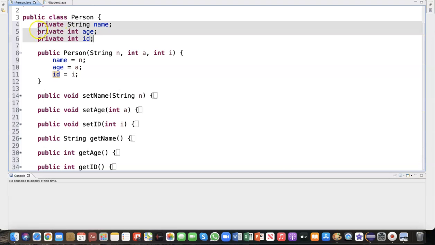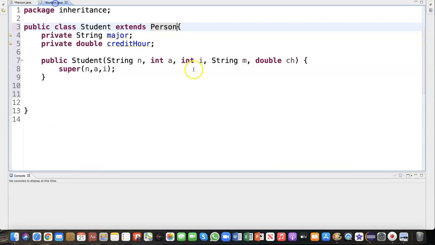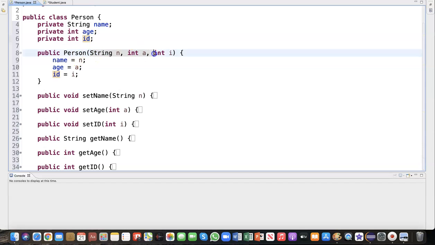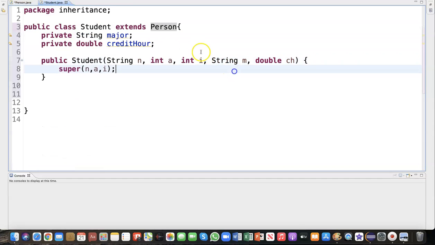Student also has to initialize the 3 instance variables here in person, right? That's why it needs 5 to do the initialization. The first 3 are the ones from the superclass. Remember, the constructor of the superclass accepts 3 local variables, the n, the a, and the i, to initialize the three. And the last two are used to initialize